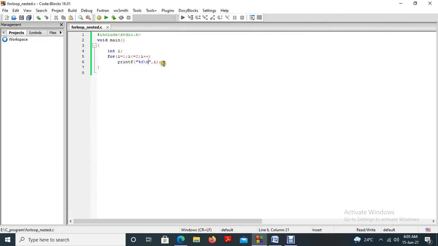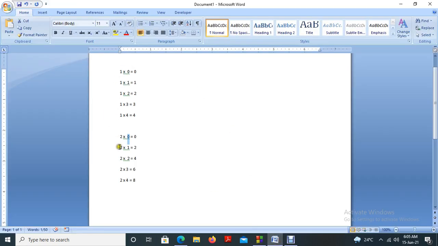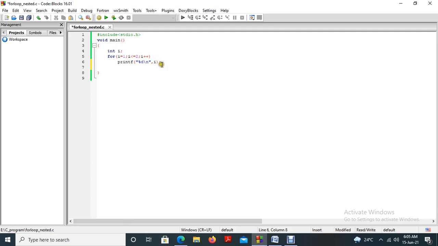Then what's our next plan? Here inside this one, if we are getting 1 and 2 as per our requirement, this 1 and 2 are getting printed. That means we can work with 1 and 2 in the first for loop. Then this 1 has to be taken and multiplied with the second part. So for that, I am hiding this one. Then for